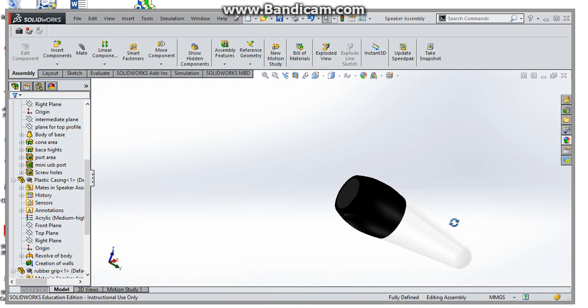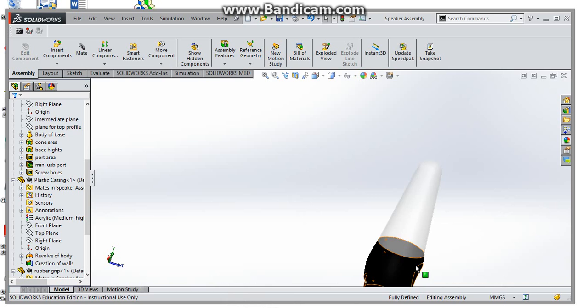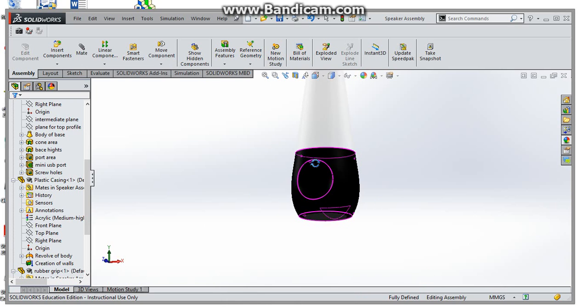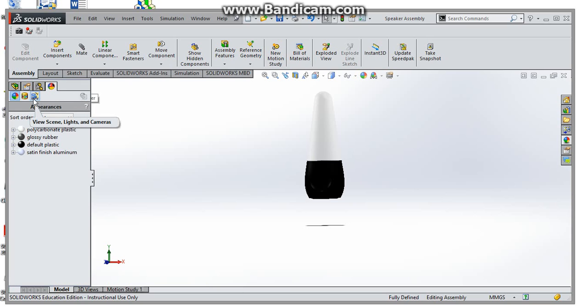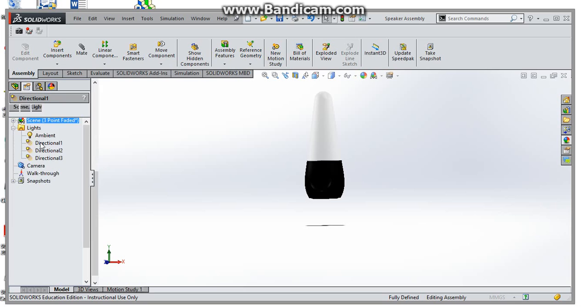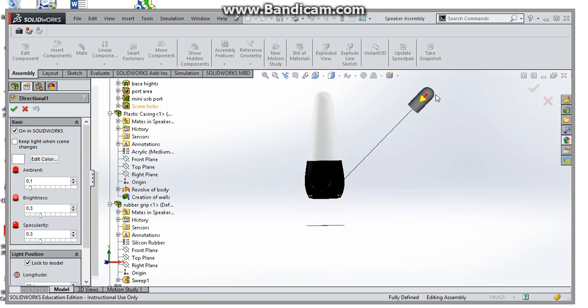Okay, so we're back to the video here. Now, it's a bit hard to see what is going on here in it. So what we can do to make it easier to see is we can hit this display manager, and we can hit the view scenes, lights, cameras, and we can hit the plus arrow beside lights, and we can double click on direction 1, and now you get a light up here and you drag it around,